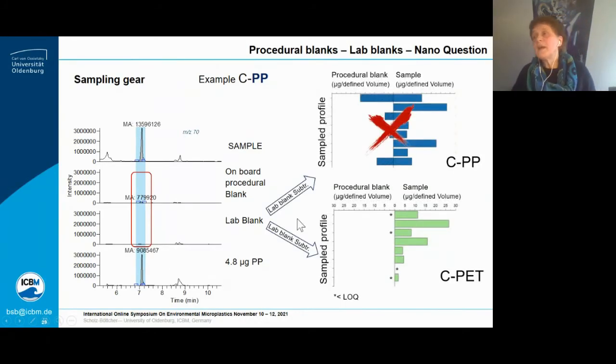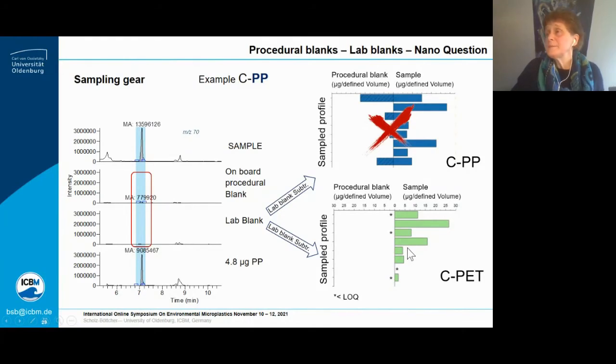What can happen after we have subtracted the lab blank from the sample is that you end up with procedural blanks in the sample profile that are in almost the same category as the samples themselves. And that usually has the consequence of a decision to exclude this specific polymer from any further discussion. On the other hand, here for polyethylene terephthalate, no blanks were visible, so that is a nicely